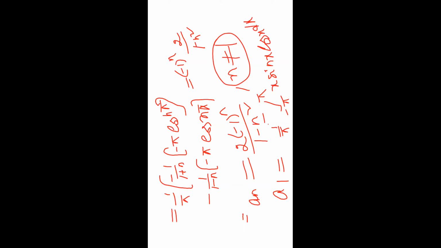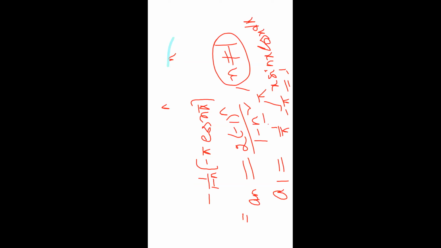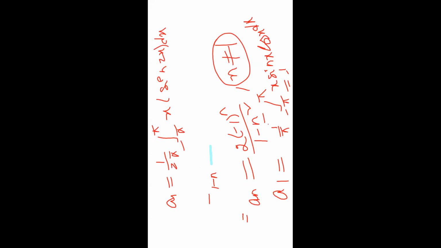So multiplying by 2 and dividing by 2 on both sides, 1 by 2. So a1 equals 1 by 2 pi integral minus pi to pi x into, multiplying by 2, 2 sin x cos x, which equals sin 2x. We have to calculate using the shortcut. So we have to write x sin 2x is even. So 2 by 2 pi integral 0 to pi x sin 2x integration.